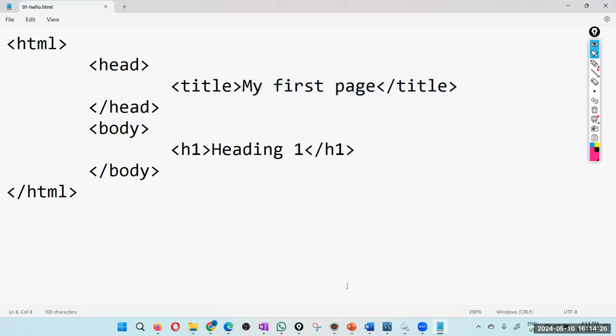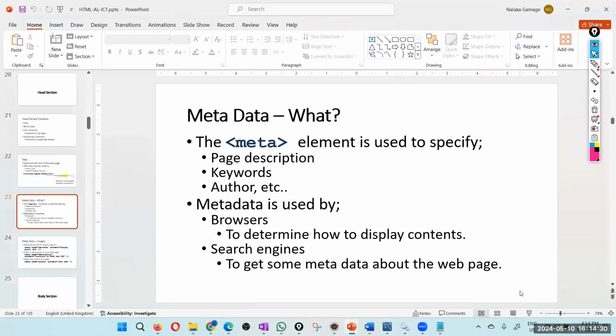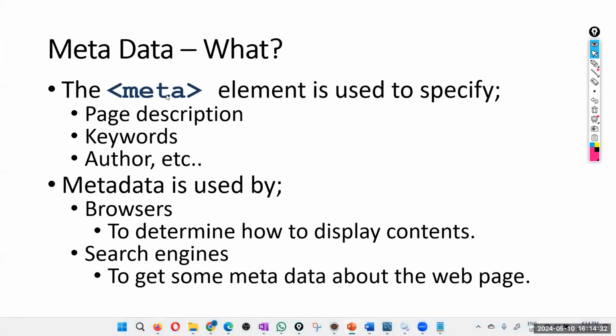Right. So then we can have the meta tags. Meta tags are used to help in a couple of ways. One usage is to give some information to the browser. Usually those are not display related things. Second, we can use meta tags to give more details to the web crawlers or the web